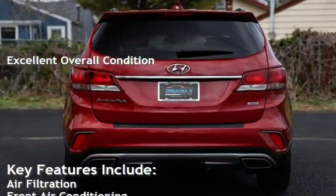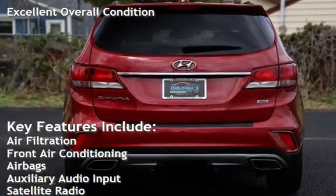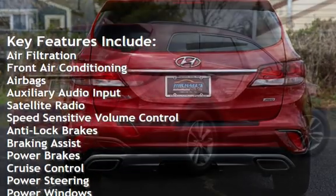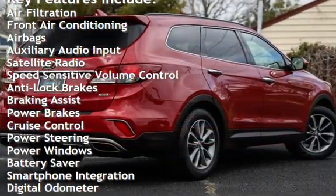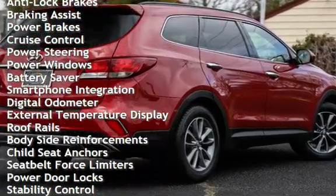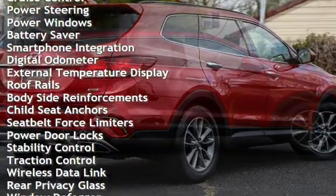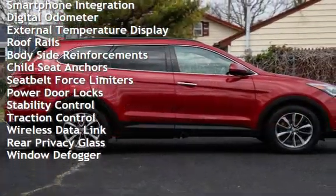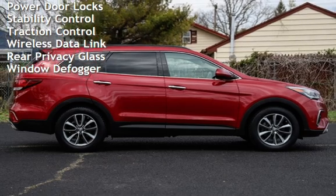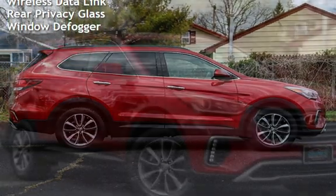Key features include air filtration, front air conditioning, airbags, auxiliary audio input, satellite radio, speed-sensitive volume control, anti-lock brakes, braking assist, power brakes, cruise control, power steering, power windows, battery saver, smartphone integration, digital odometer, external temperature display, roof rails,